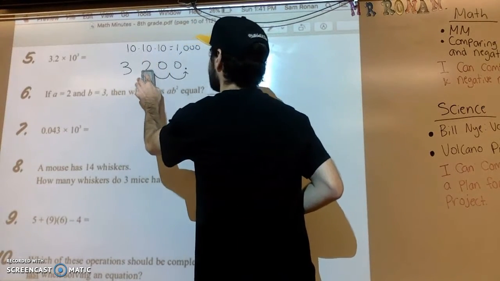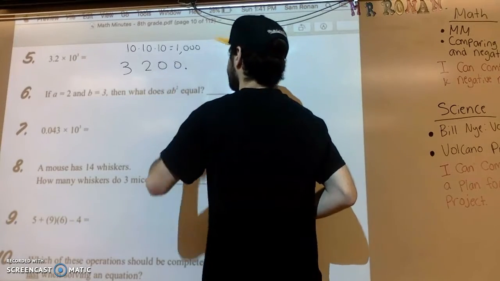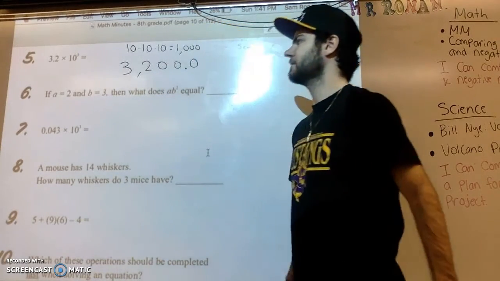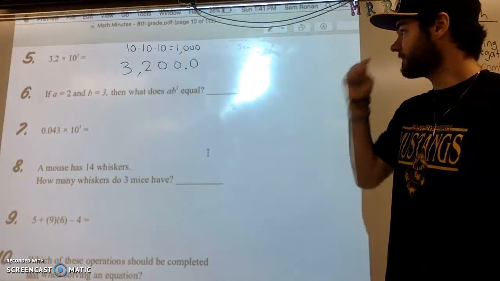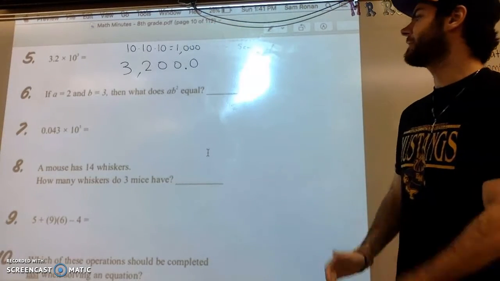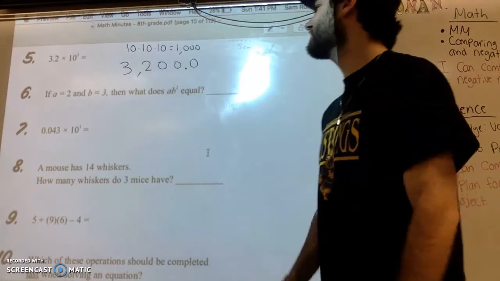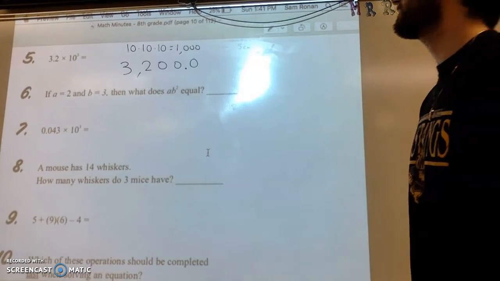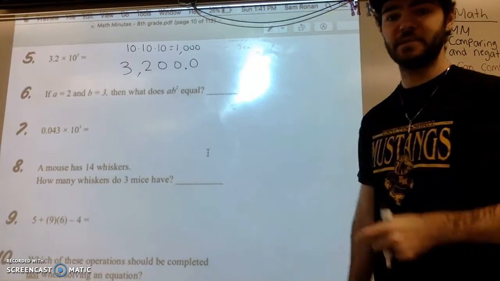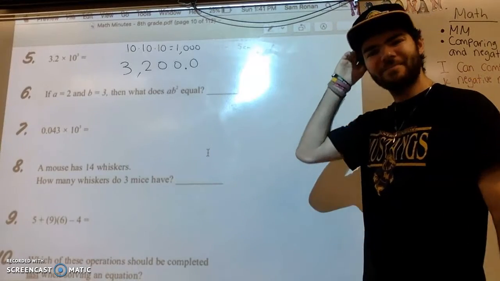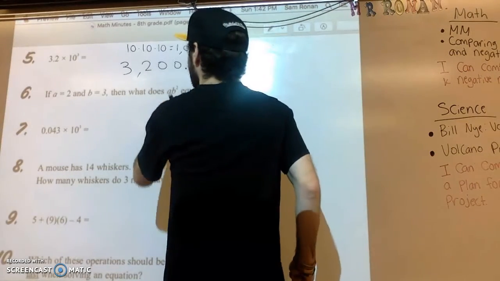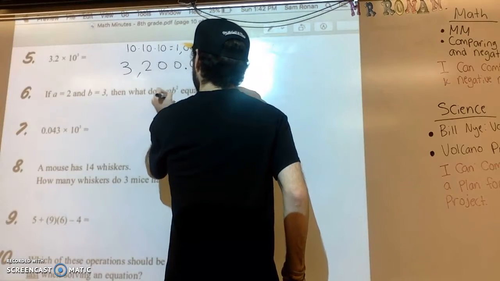And we can rewrite this as 3,200. Okay, 3,200. Sweet. All right, number 6. If A equals 2 and B equals 3, then what does AB squared equal? Okay, so remember with the, I don't even remember if it was this math minute or the one before, but AB, that means A times B. So let's replace them. So 2 times 3